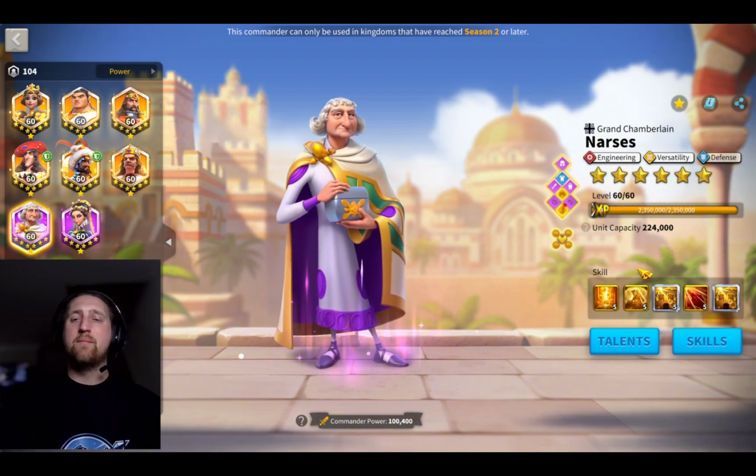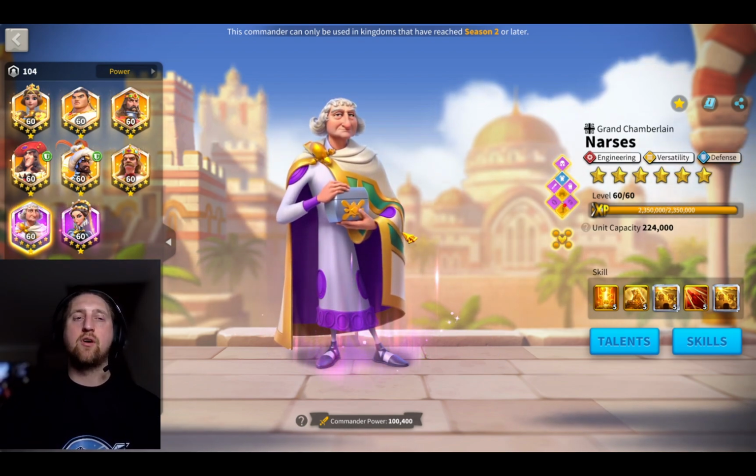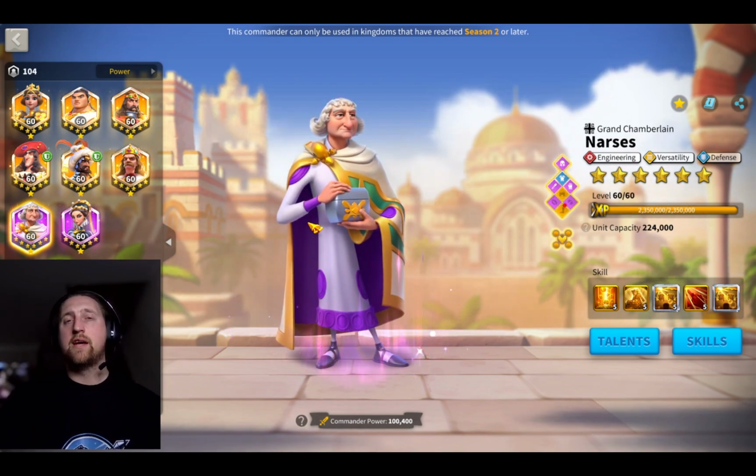You really want them expertised in Season 2, and if you've just started the game, it might be worth saving up those epic heads, epic stars, and get these commanders maxed. Now, I personally would run Narcissus primary because the healing factor is so much better, and you can keep that march